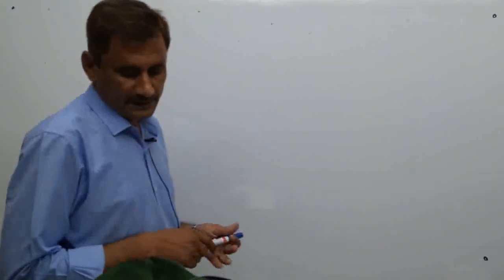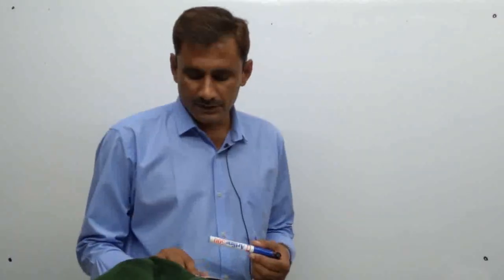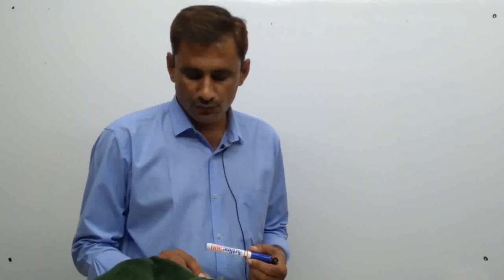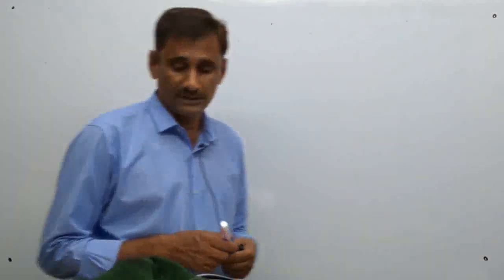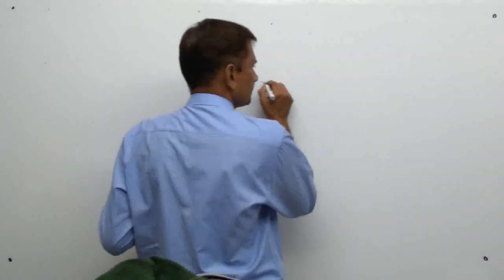Now look at example number 24. In the number line as shown at right, what does the point P represent? First of all, you should know it is between 0 and minus 1. How many gaps are there in between? You can count 1, 2, 3, 4, 5, 6, 7. Total 7 gaps are there between 0 and minus 1.